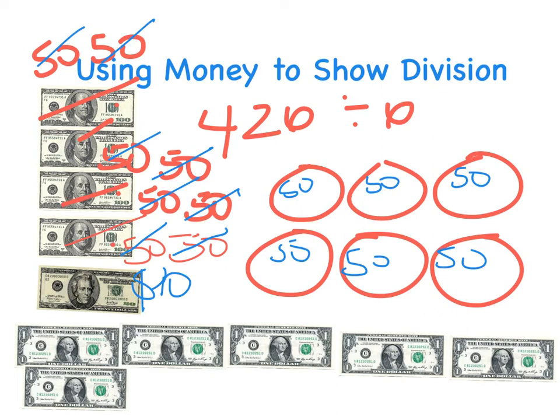So I can keep counting them out. This group would get 1, 2, 3, 4, 5, 6. So that would leave me with 4 tens left. Here are my $10 bills. I can also split up this 20 into two $10 bills. So I have